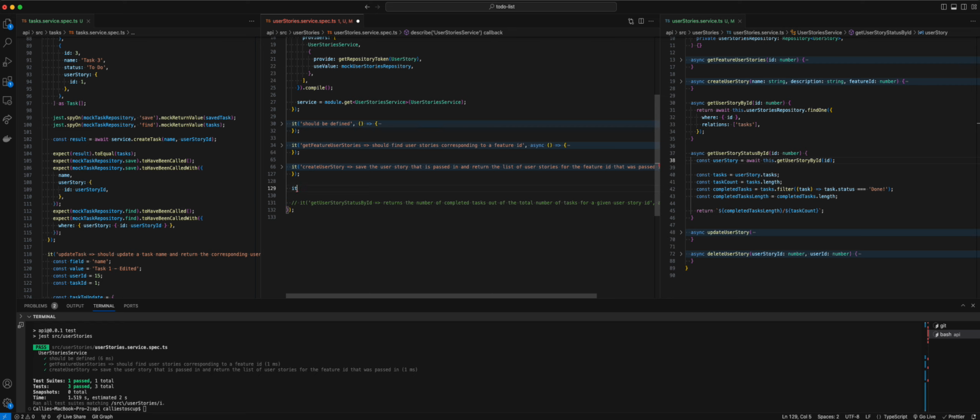All right, so it get user story by ID returns a user story from an inputted user story ID. All right, so we're going to make an asynchronous function here, and